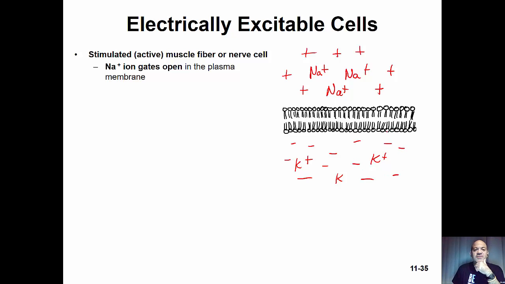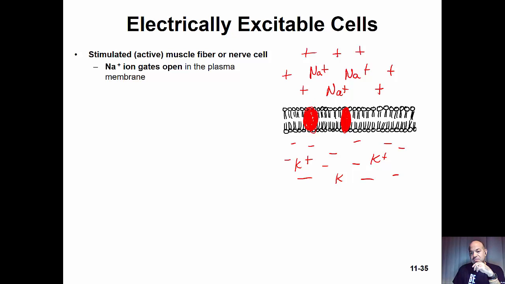So when we stimulate a muscle fiber or a nerve cell, the same general idea is going to happen here. There are going to be some other special membrane proteins. I'm going to draw one here. This special membrane protein will only allow sodium to go through. Then I'm going to draw another special protein here that's very specific for potassium. At this point in resting, they're both basically closed. But if we were to stimulate the membrane in some way,